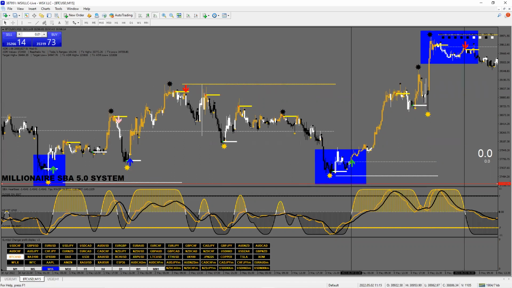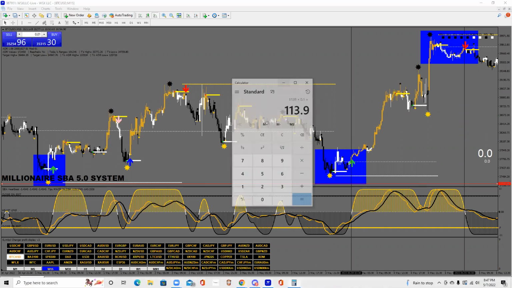I just took my trade from here to here, and I just made, depending on how much I'm risking, anywhere from $110 to $11,000. Okay. And what was my risk? We enter over here, and my stop loss was out of the red line. So my risk was 414 pips. And that's where you've got to calculate how much you are willing to risk